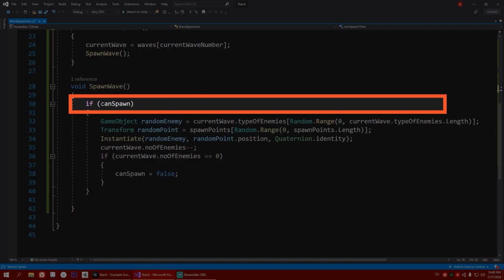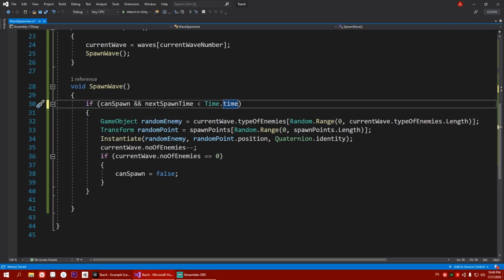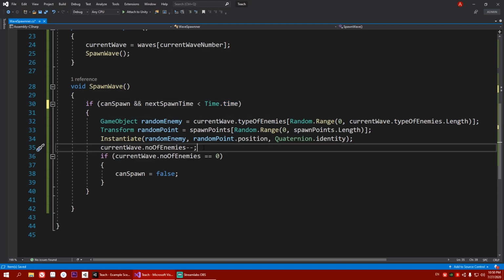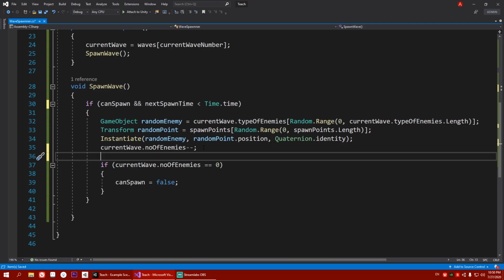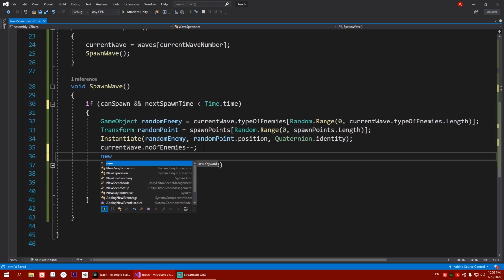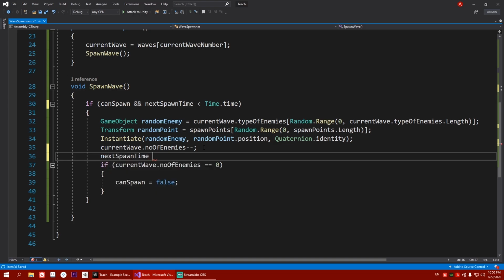And now here, if we can spawn and our next spawn time is less than Time.time, if both of these conditions are met, then we will spawn an enemy. And after spawning every enemy, we will give it a timer. How we will do that is by writing next spawn time is equal to Time.time plus our current wave's